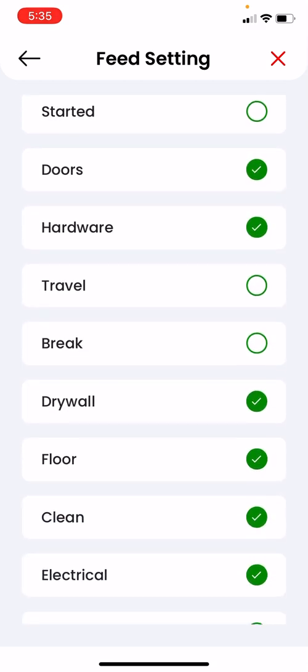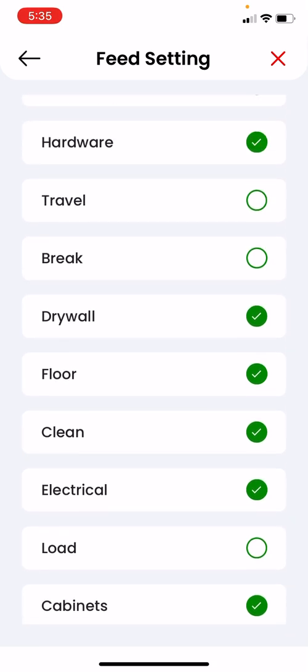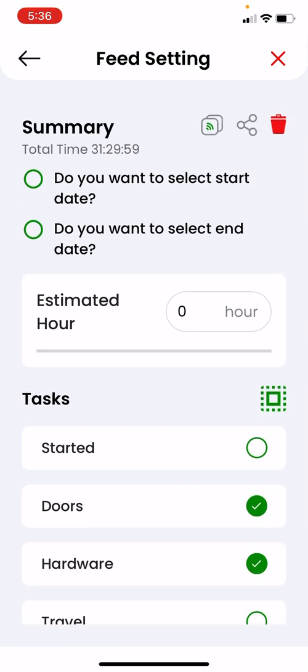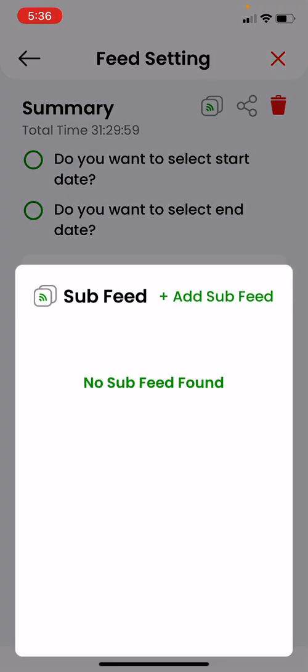You can see my list of tasks here. Only the billable time tasks that would be billable to the contractor I'm working for are selected in this case. And so the sub feed button is right beside the share button at the very top. I'm going to select that,